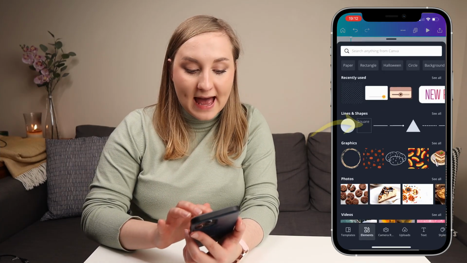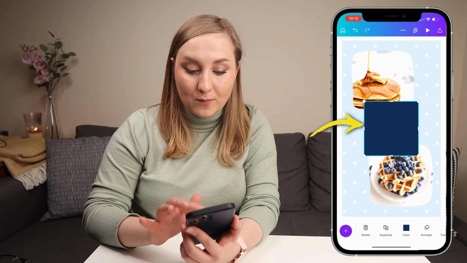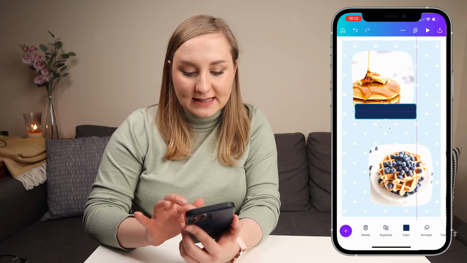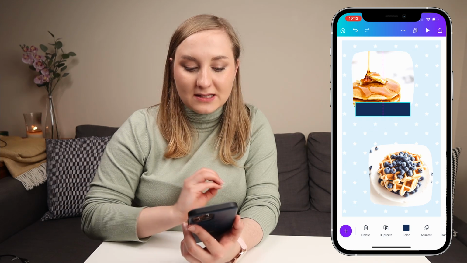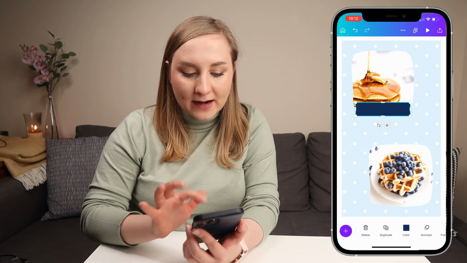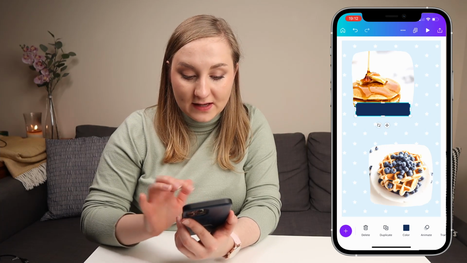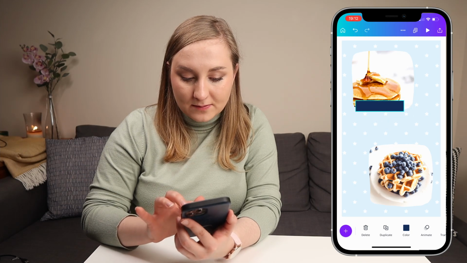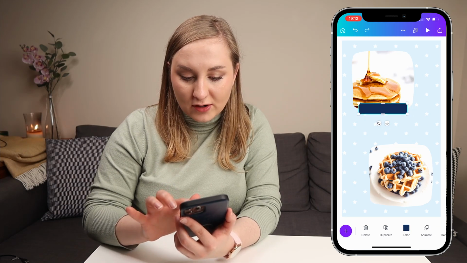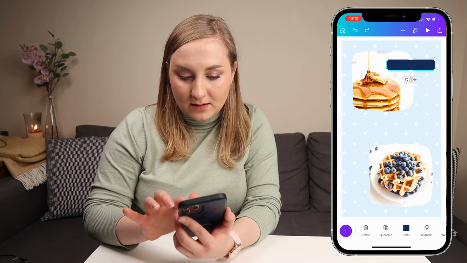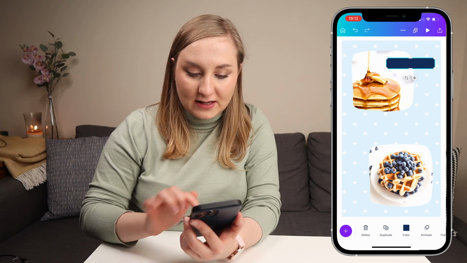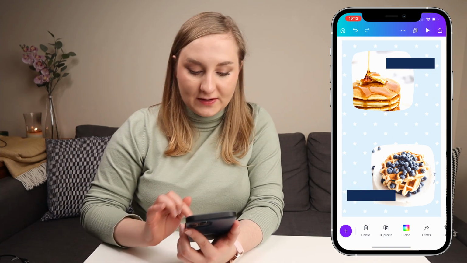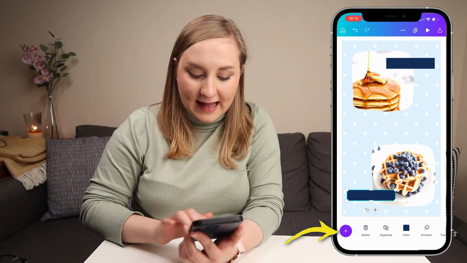Next, what I want to do is to add a bit of text so that it stands out a little bit more. And now I could use just a box to make sure that it's showing that text properly, that text is not really melting into the background. I can actually use that navy color in here. And now I'm just going to make it a little bit smaller, just like that, or you can maybe go for this. All right, let's get it in here, and I can duplicate it so it's got the same size. And now I've got these two different text bars like that, and I can add some text over it.